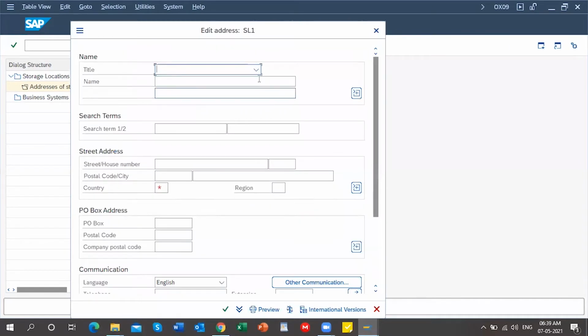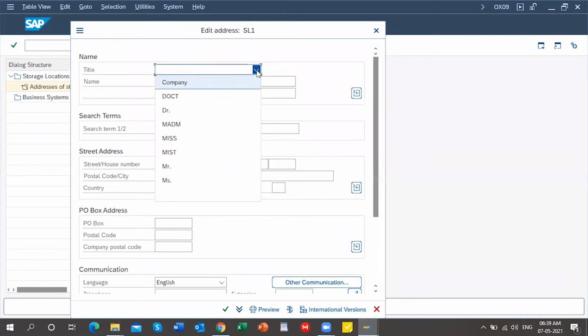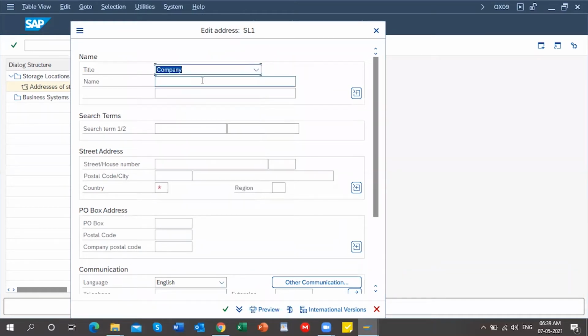Here it will show the edit address details. You can give whatever address details you want as per the requirement. I'm going to enter the address details for this: the city is Bangalore, country is India, and region Karnataka.